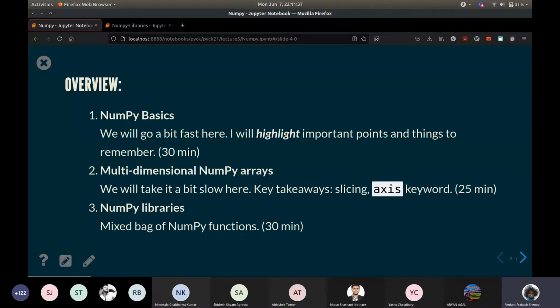It's pretty much the same for NumPy arrays as it is for lists. Multi-dimensional NumPy arrays are a bit newer to you, and this is where we'll take it a bit slow. The key takeaways from here: you should know how to slice a multi-dimensional array, and you should know what this axis keyword does. Once you have these two things, you can more or less go ahead with using NumPy for 2D or 3D arrays.